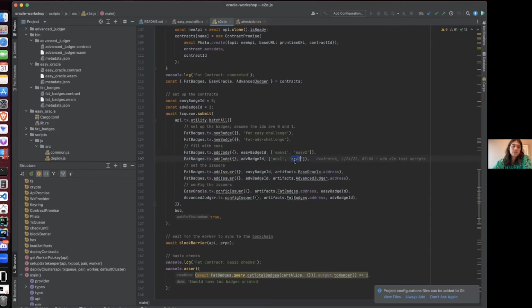So in this case, whenever we deployed our front end, we received some POAP codes from the POAP website, from one of our POAPs that we added. And then we got a certain amount of codes, and we just added that to this add code function. After we added that to the fat badges contract, we had an issuer, which is your easy Oracle,